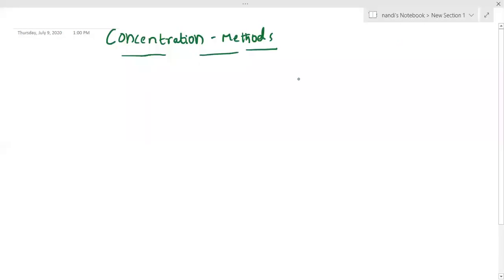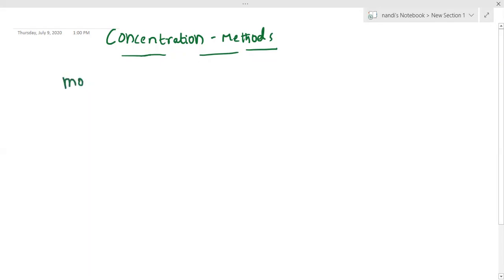Hi dear students, today we are going to discuss molality. This is one of the concentration methods, molality. This molality concentration method is more important for 12th standard students. In the solution chapter, it is especially asked in board exams as well as NEET or JEE, both. It is important.